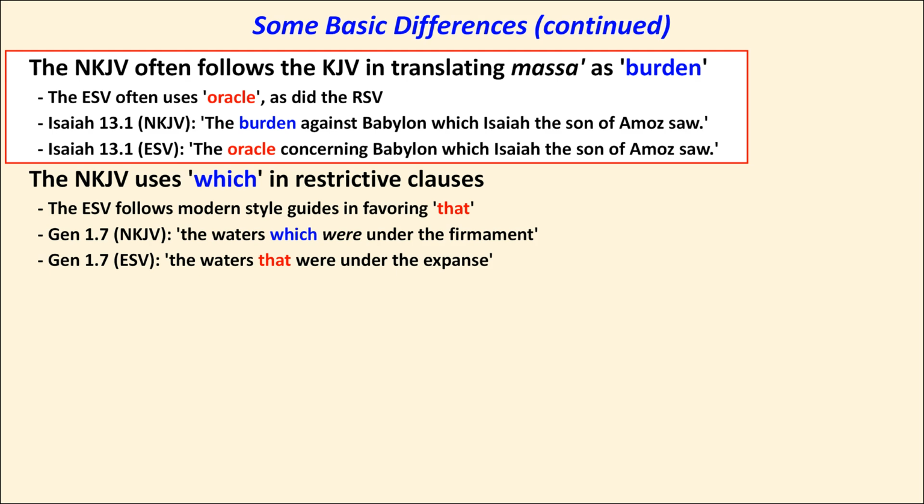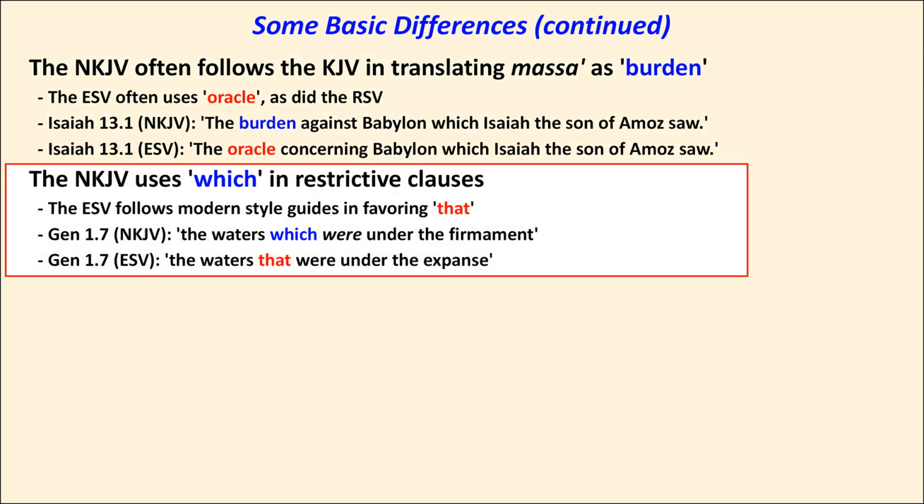The ESV prefers the word oracle. The NKJV often uses which rather than that in restrictive clauses, which serves to give it something of an antique flavor. Modern style guides tend to favor the use of that in such clauses, though perhaps that's only true in